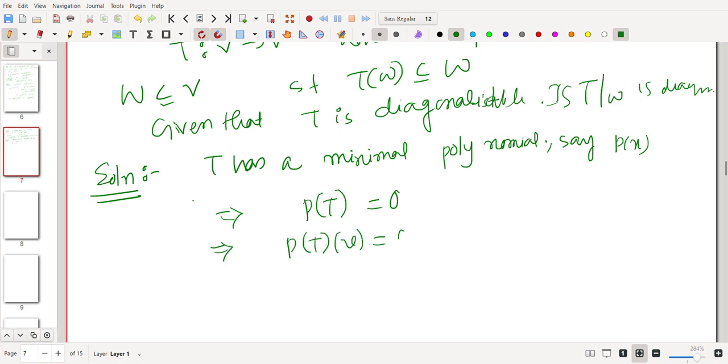That will imply P(T) of v equals to 0 for all v in capital V. Now if I restrict T to W, I get that P(T) of W is also 0 because it is true for all v. In particular, it is true for any element in W. That will imply that